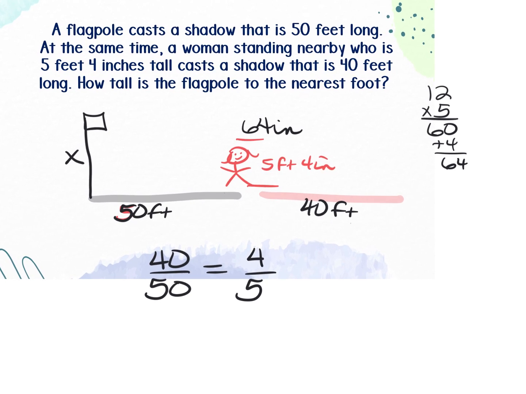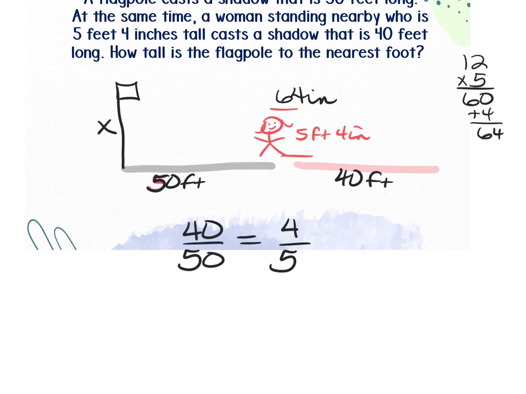So notice when I did the shadows, this was the woman, this is the flag. So when I put the heights in my ratio or in my fraction, the numerator is going to be the woman's height,